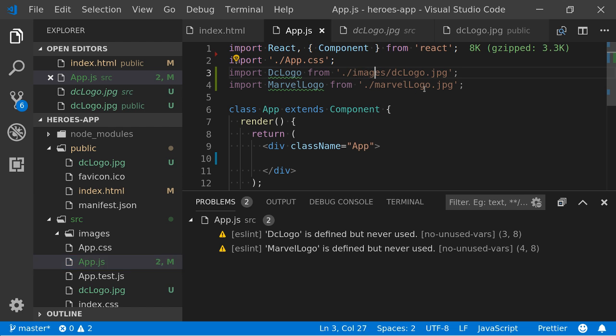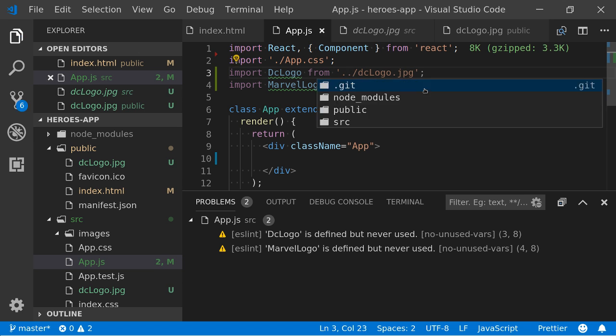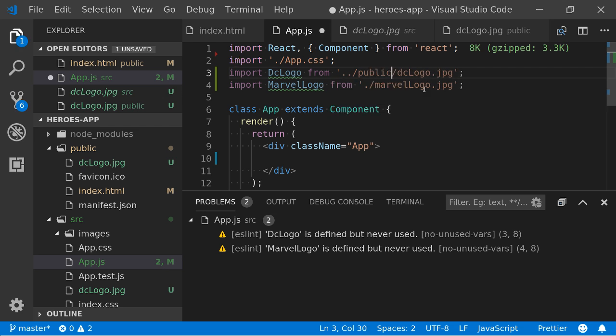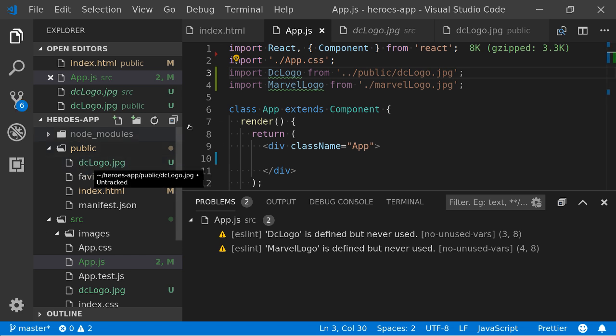Then the dot said we're in the current folder. Dot dot moves you up one folder. So dot dot slash public slash DC logo would come into this one. Is that right? That makes sense? Yeah? Cool.